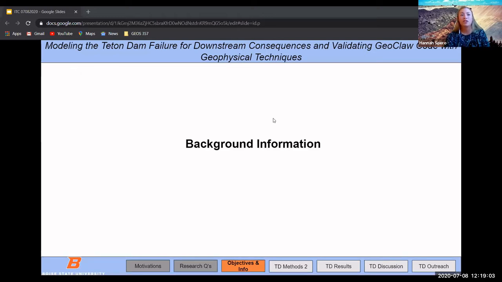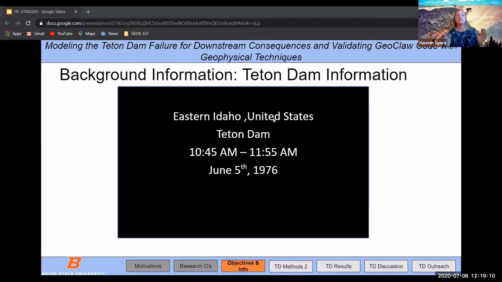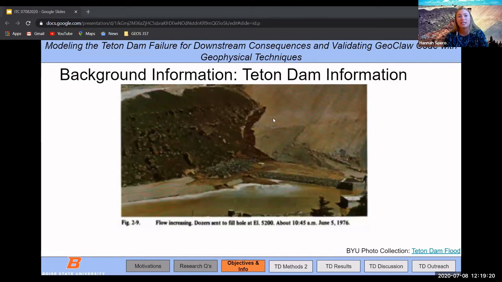Now that you know my motivations, I will now walk you through background information regarding the Teton Dam failure. So imagine you're in Eastern Idaho and it's 1976, it's June 5th and it's a Saturday, and you're on a farm town hanging out with friends. However, upstream there is chaos as the Teton Dam is beginning to breach. It's only been fully filled a week, but the process of filling the dam was supposed to take a full